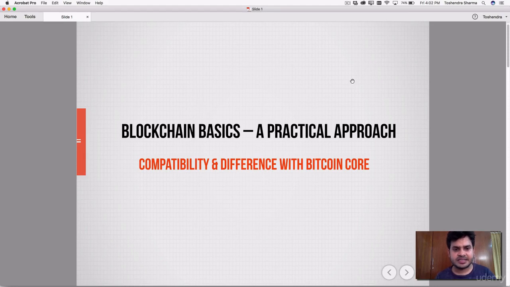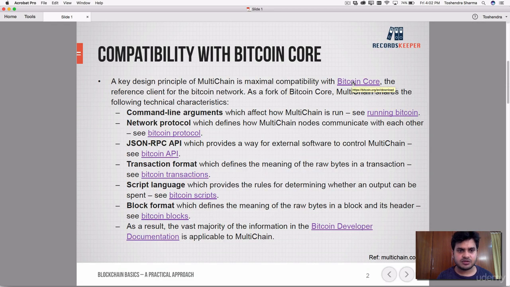Hello everyone. So in this lecture, we'll be understanding the compatibility and the differences between the Bitcoin core and the multi-chain, and why it is good and why it is bad. Right. So what is the compatibility between the multi-chain and the Bitcoin core? So a key design principle of multi-chain is maximal compatibility with the Bitcoin core, the reference client of the Bitcoin